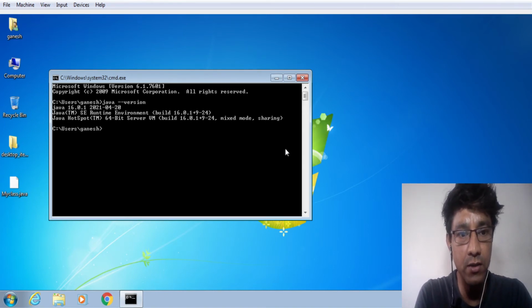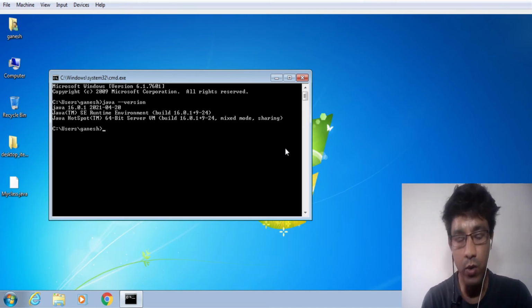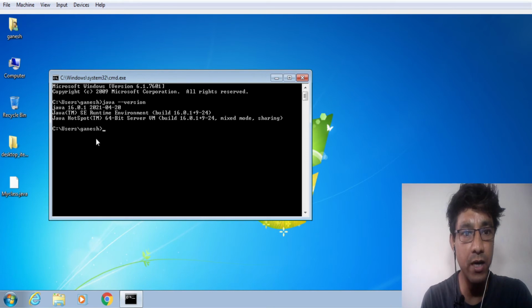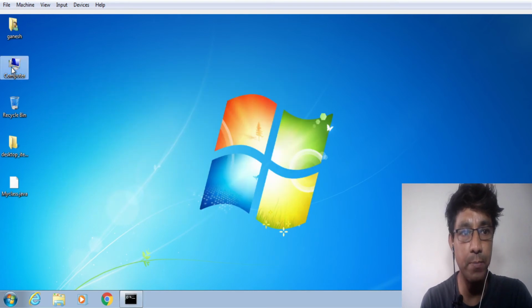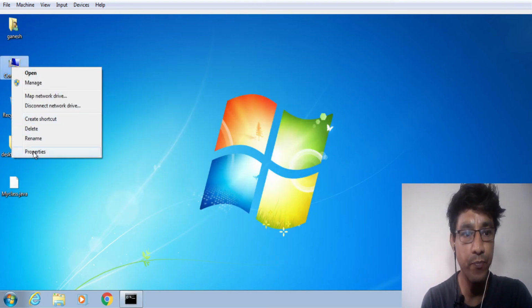Whatever Java is installed on your system, that is shown here. If the Java is not installed properly, this command won't run here. What I mean by running this command from command prompt basically is, it is set on the path of Windows.